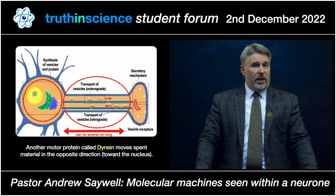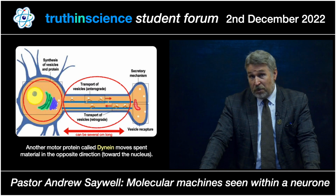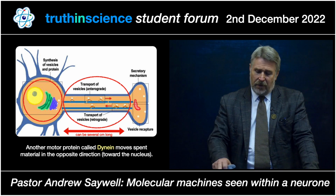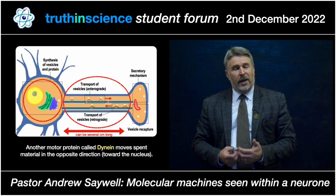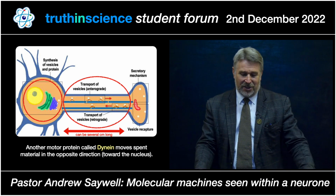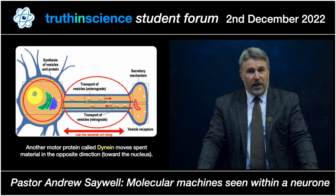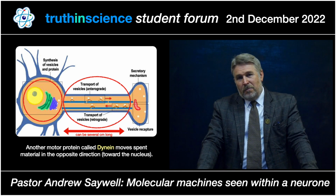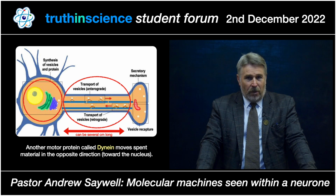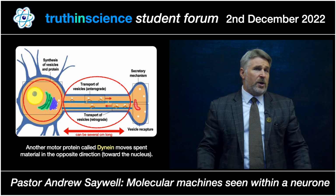And so another motor protein, kinesin is one. They move away from the nucleus, and dynein is another motor protein which moves back toward the nucleus, taking any spent material. So this is happening along the axon of the neuron. So the question is,